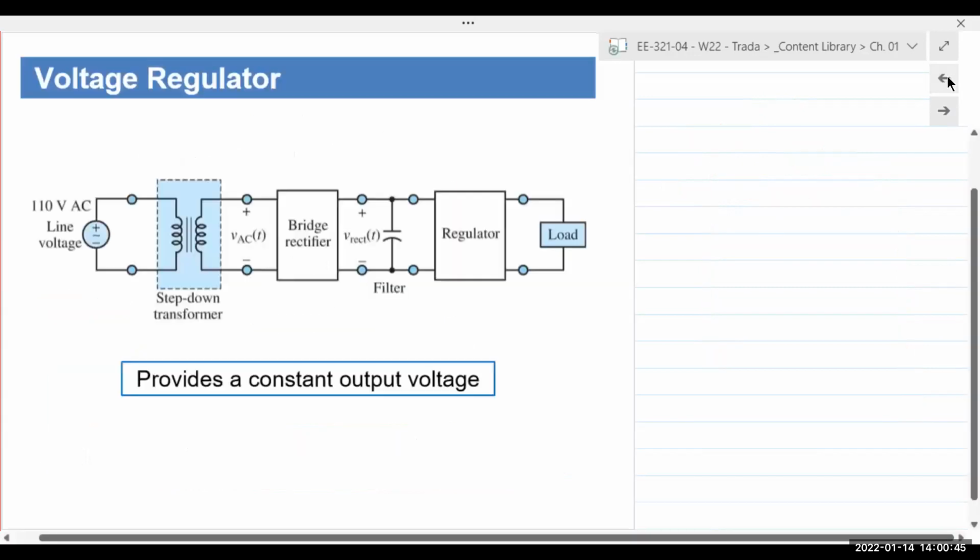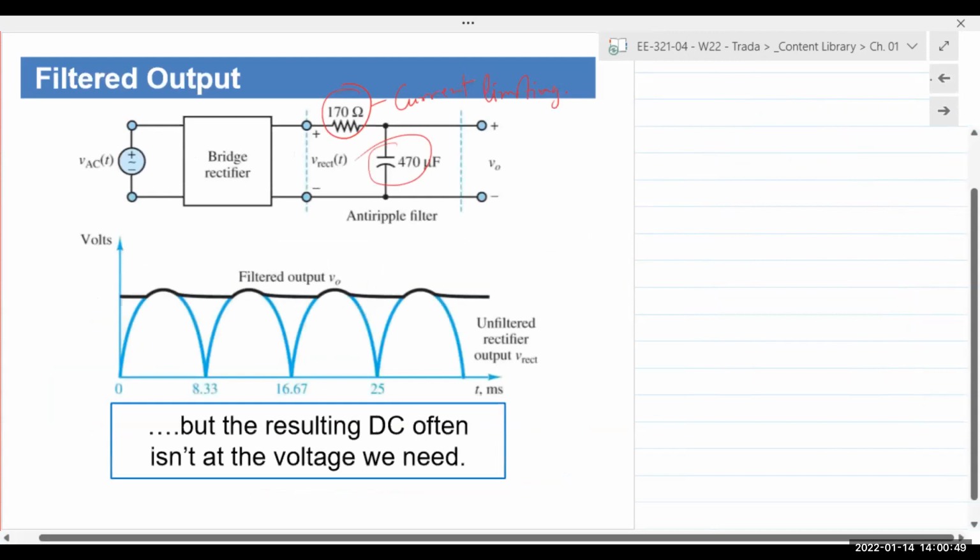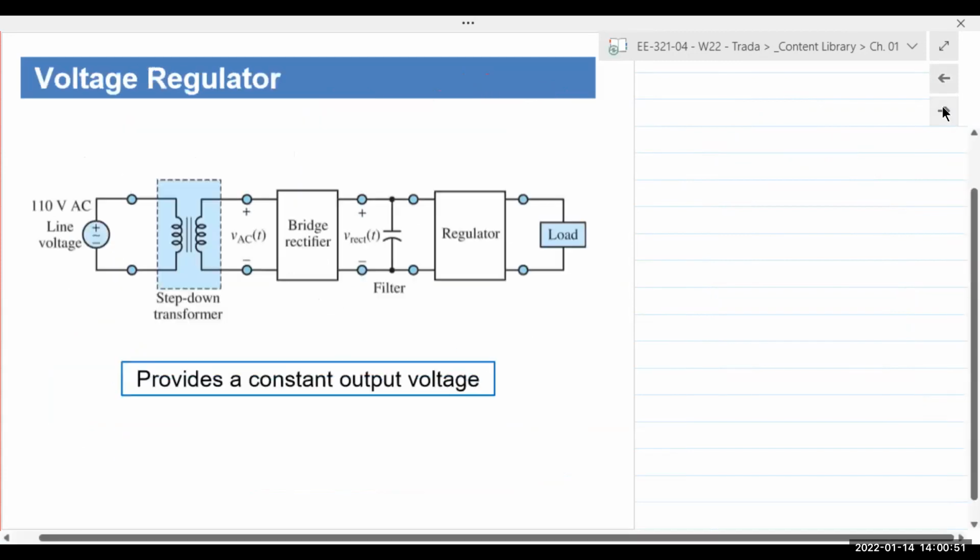And just as a quick example here, we have the output at this point is basically a ripple, kind of like this, right? Now, at this level, let's say this is, I don't know, 15 volts. And my Zener diode is rated as, let's say, 8 volts. So if I give this to a Zener diode